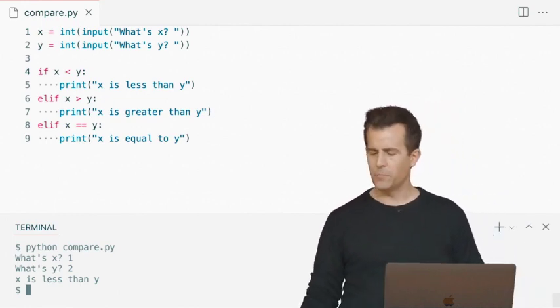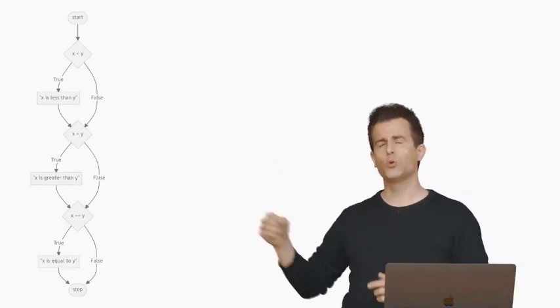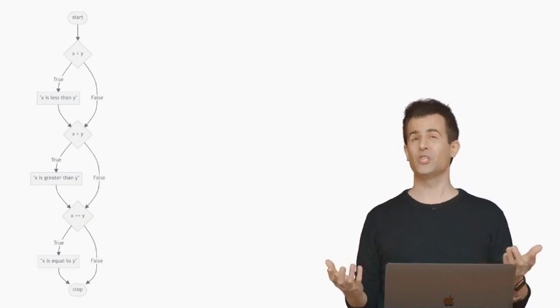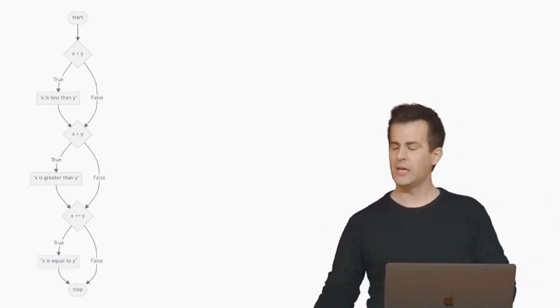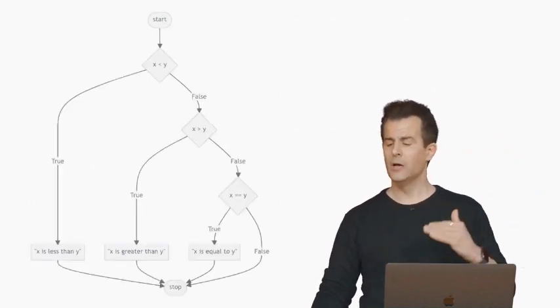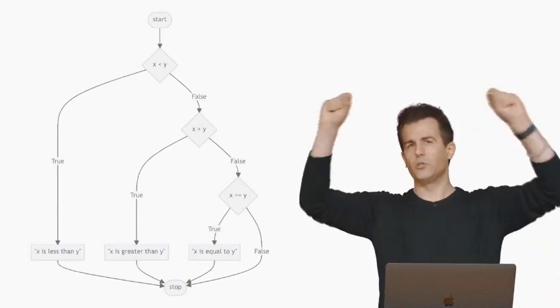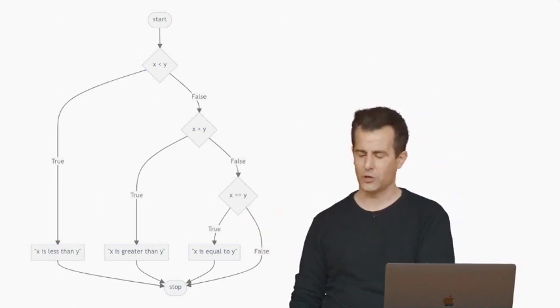Now, what is the improvement I've just made? Well, if previously my diagram looked like this, which was problematic insofar as I was asking 3 questions, no matter what, even if I already figured out what I want to print on the screen, this new version of the program that has if, elif, might look a little something like this instead. Now, it got a little wider. That's just because we drew the arrows to be a bit wider here.